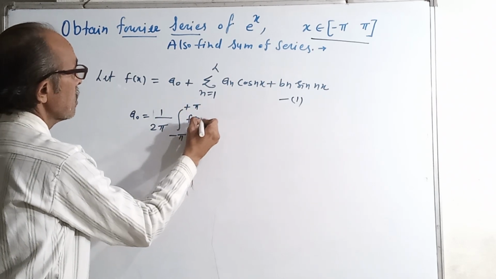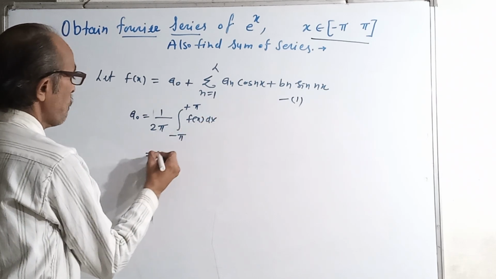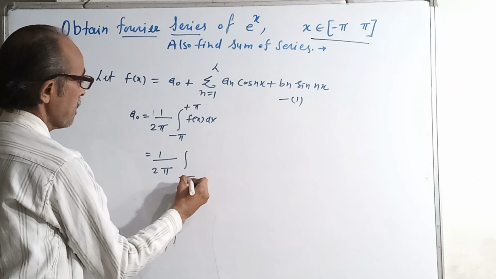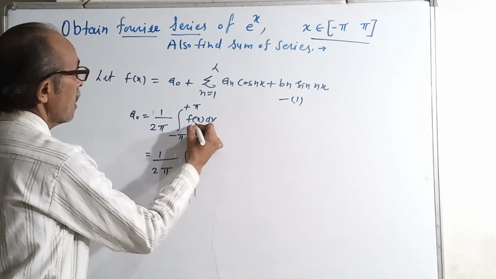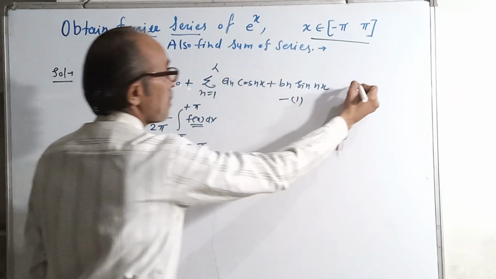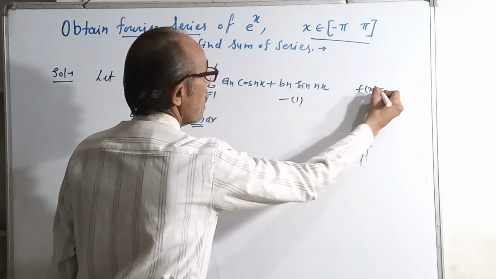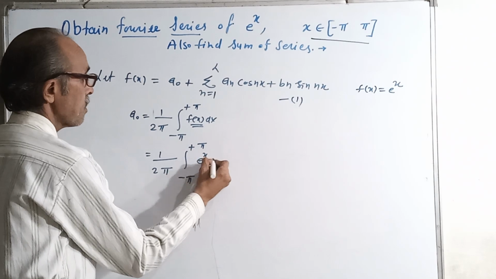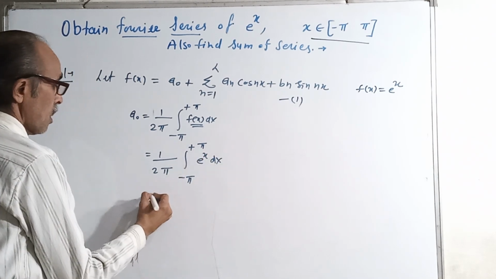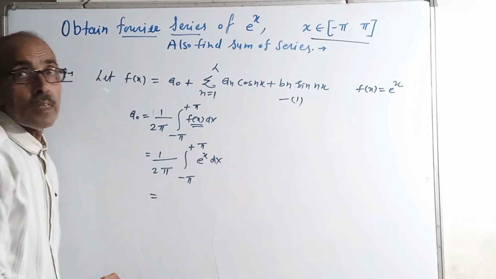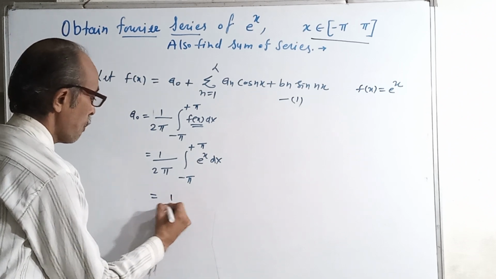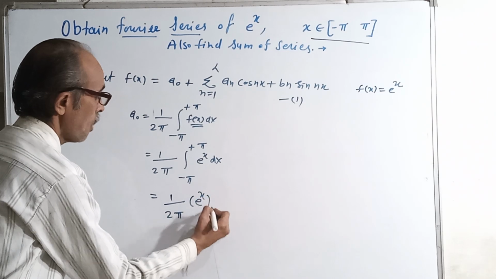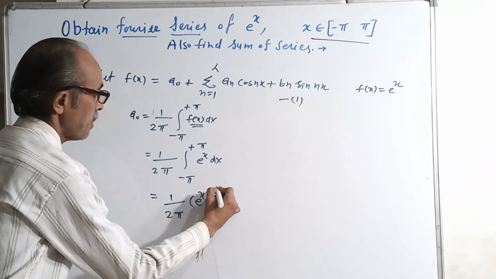and therefore 1 upon 2π integral from −π to +π f(x), and f(x) is given, f(x) is equal to e raised to x, that means e raised to x dx, and integral of e raised to x is e raised to x. Therefore 1 upon 2π, and integral is e raised to x, and lower limit is −π and upper